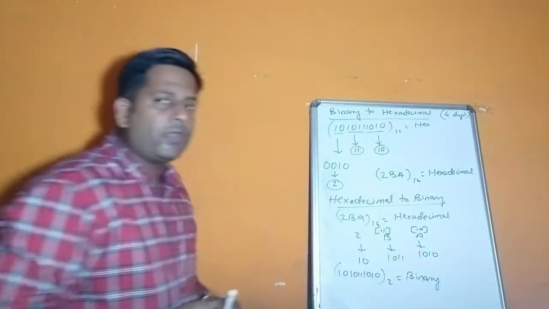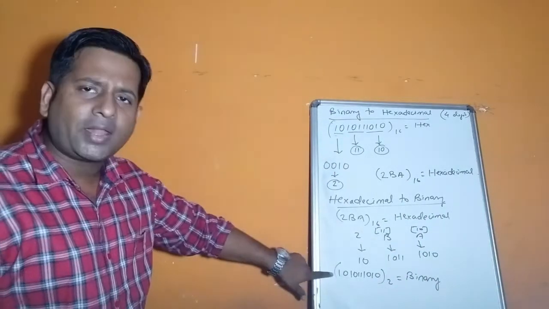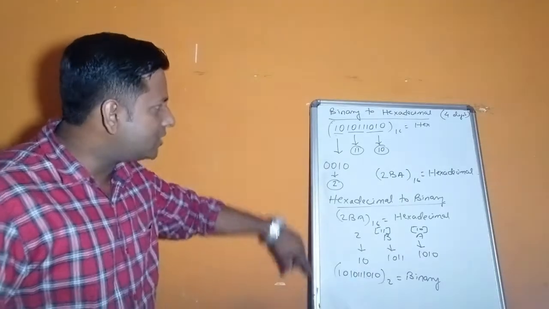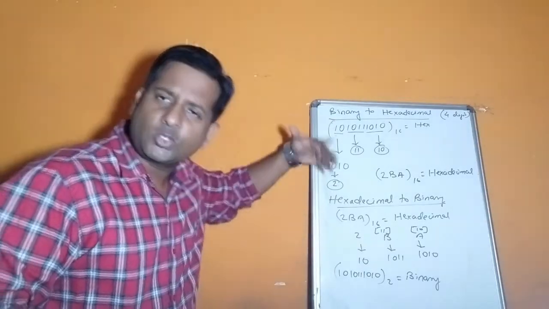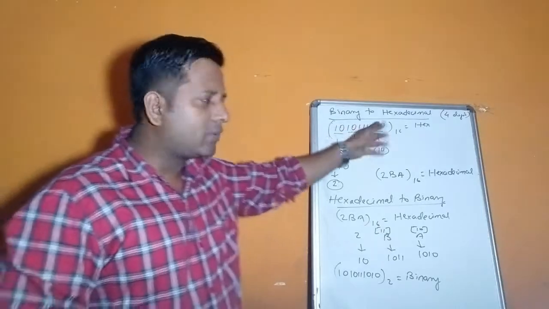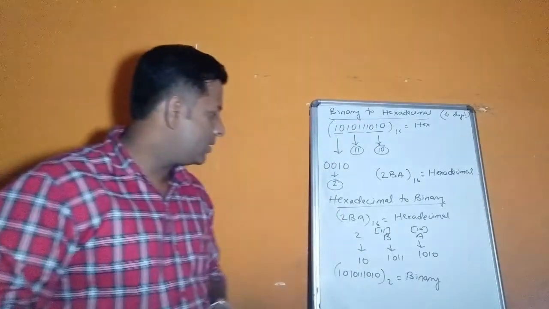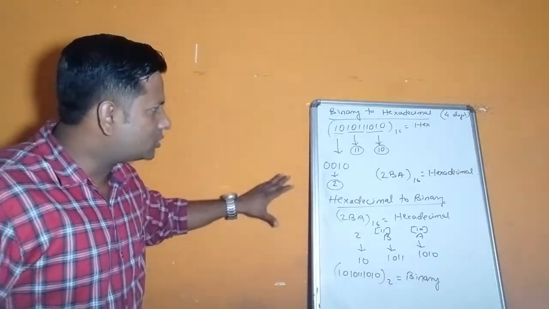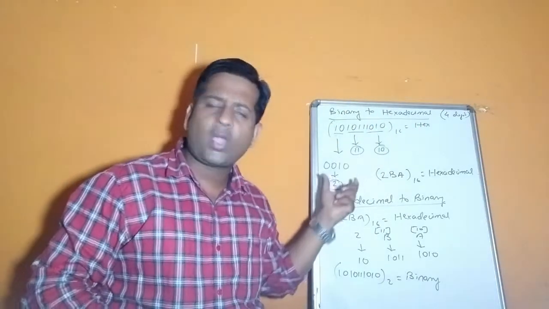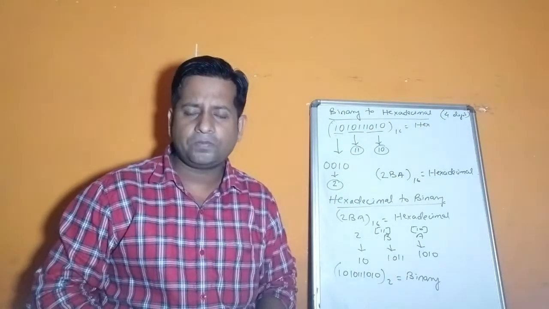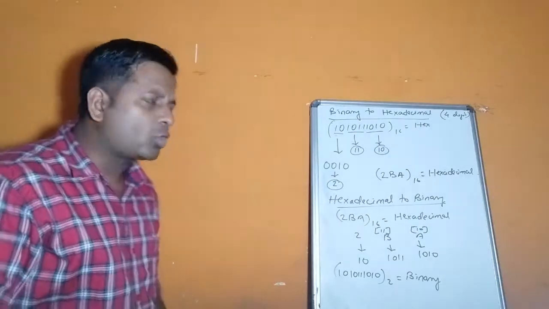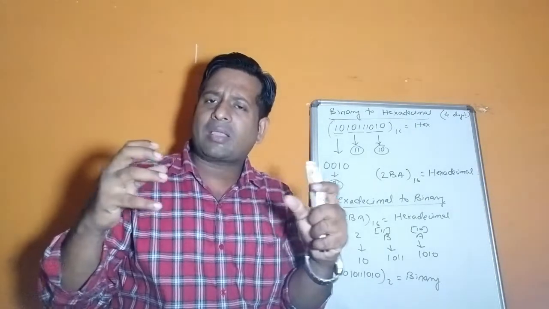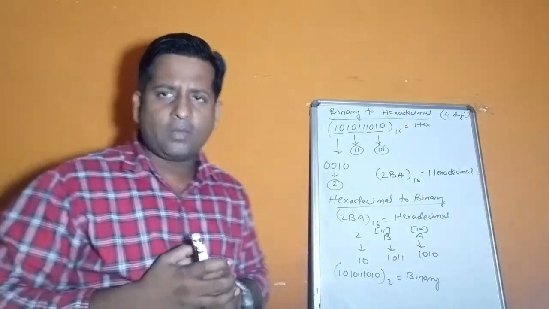So children, when you are converting into binary, you don't have to add any additional part. But when binary is converted to hexa or to octal, that time the grouping is by 3 for octal. Okay, clear children? Understood how binary to hexa and hexa to binary are converted. Now children, I'll be showing you some binary arithmetic calculation. Okay, so see this one.